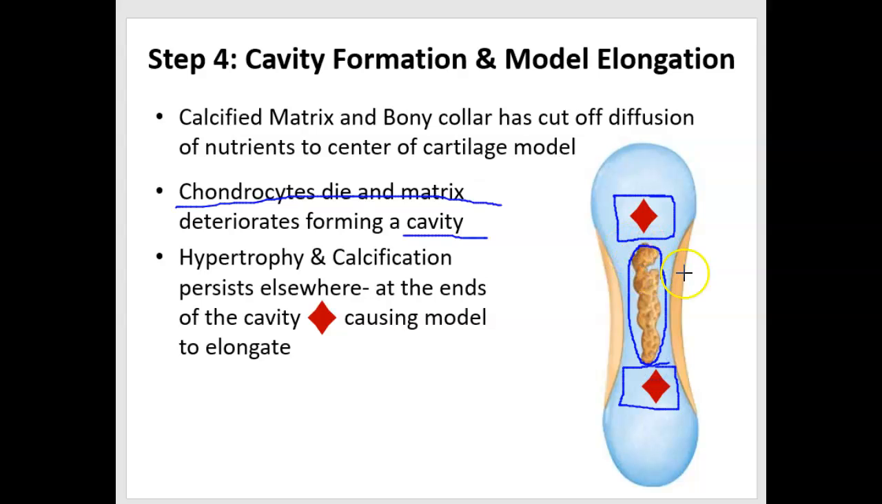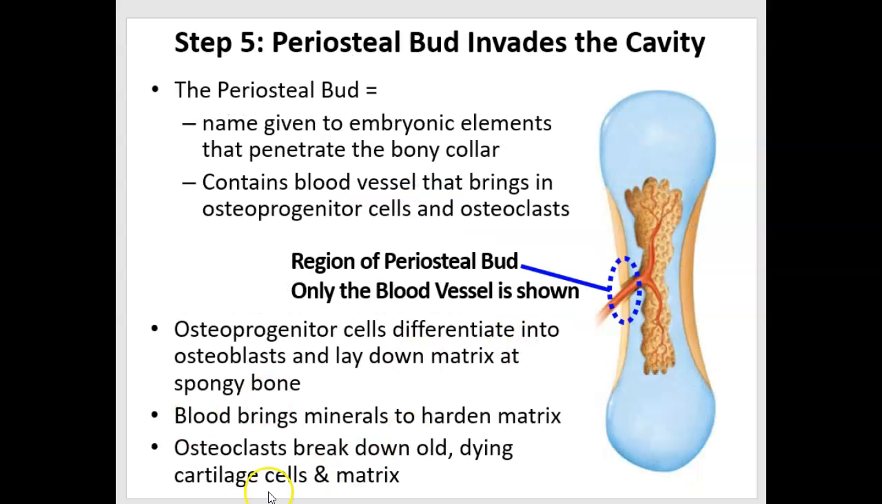Eventually these ends will die, just like where the starting point was, but not yet. Then a rescuer comes in, and it's called the periosteal bud. The periosteal bud is going to try to save this bone from death, right? So what happens is the periosteal bud, which is a bunch of things, one of which is a blood vessel, shown here,